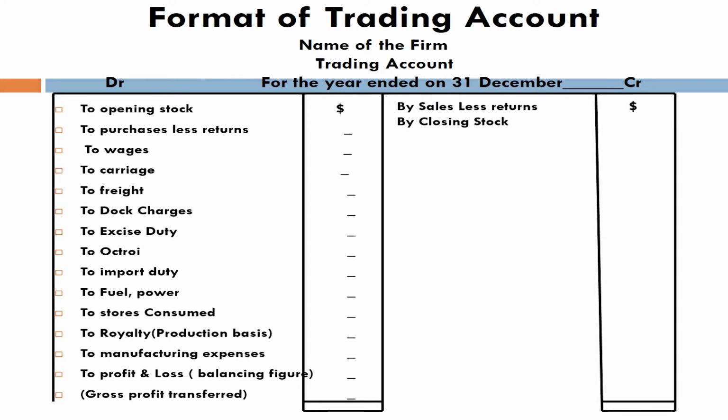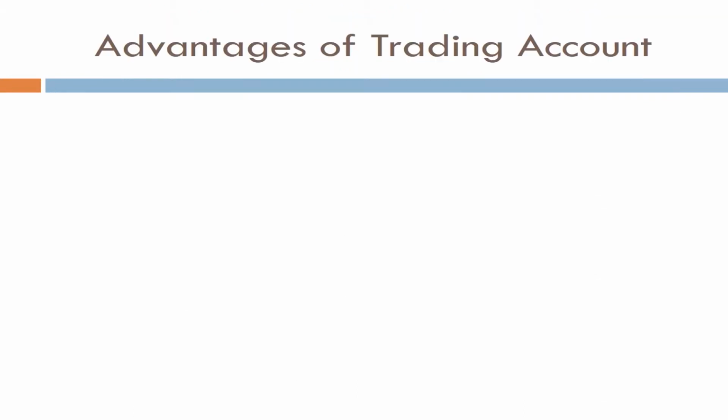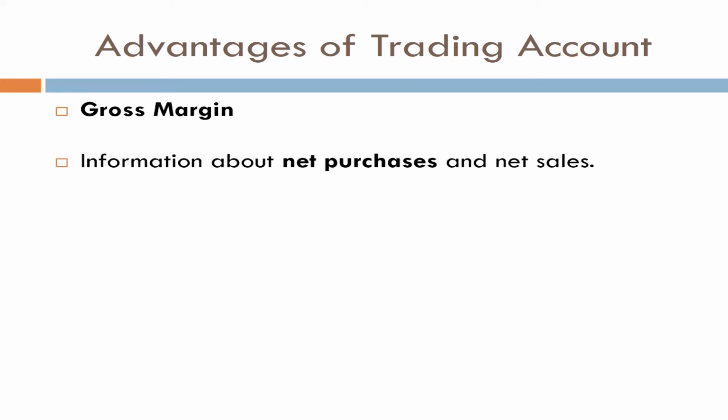At the end, the balancing figure is our gross profit or gross loss. Gross profit is written on the debit side and in case of gross loss, it is to be written on the credit side. Moving on to the advantages of trading account, it gives information about gross margin,